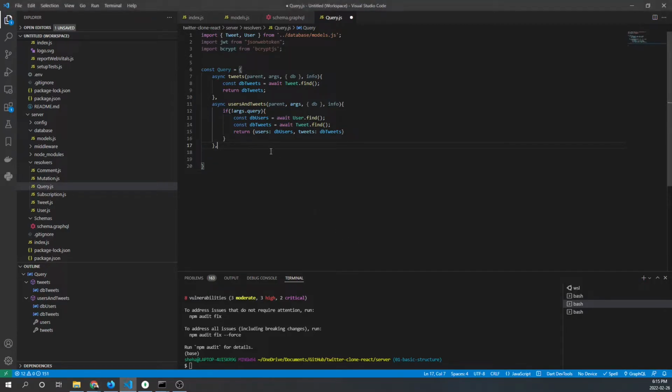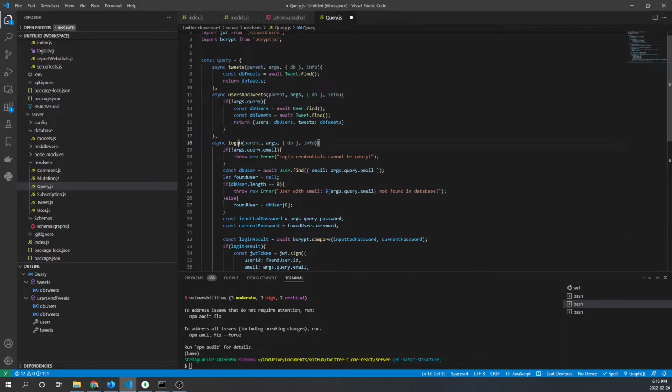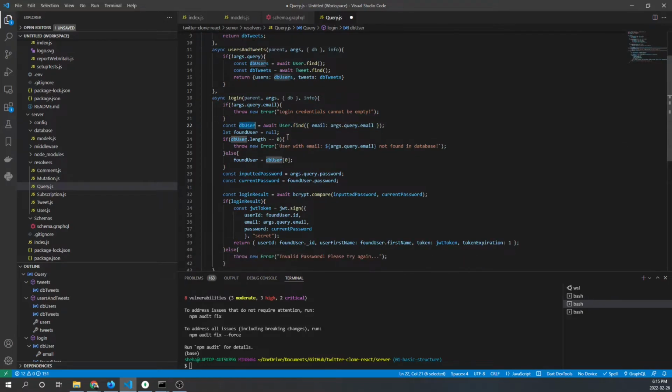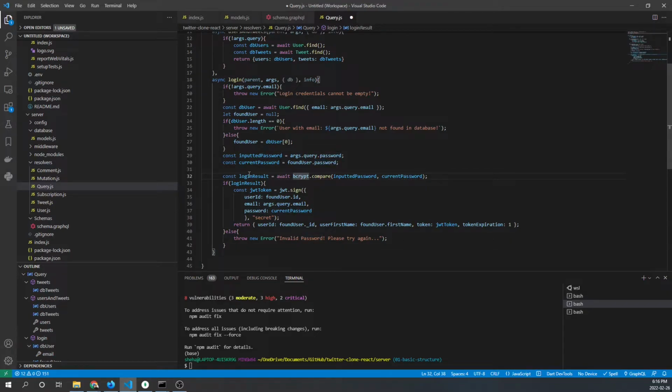Next one is a bit lengthy, but here it is. So login. This is a query, but basically what we're doing here is we're using the email passed in to find if a matching user with that same email exists. If that user exists, great. Now we're going to get the inputted password and the user's password that's found in that instance. Then we're going to use bcrypt to hash or compare the inputted password with the current password in order to see if they entered the right credentials. And if it's a match, then we use a JWT token and we send the user ID, email, password, and a secret